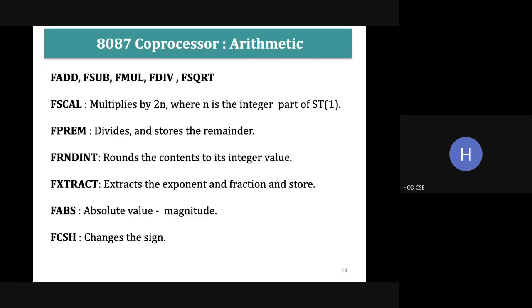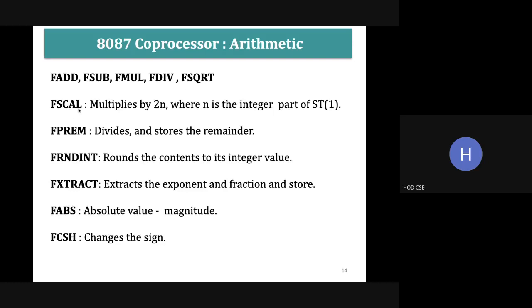So next one is the arithmetic instructions. As we all know, the same operation here, F add. Only the letter F must be prefixed in front of that instruction. F refers to floating point. Okay. F subtraction, F multiplication, F division, and here F square root. To find the square root, there is no instruction in 86, but we have it here in 87. F square root, floating point square root.